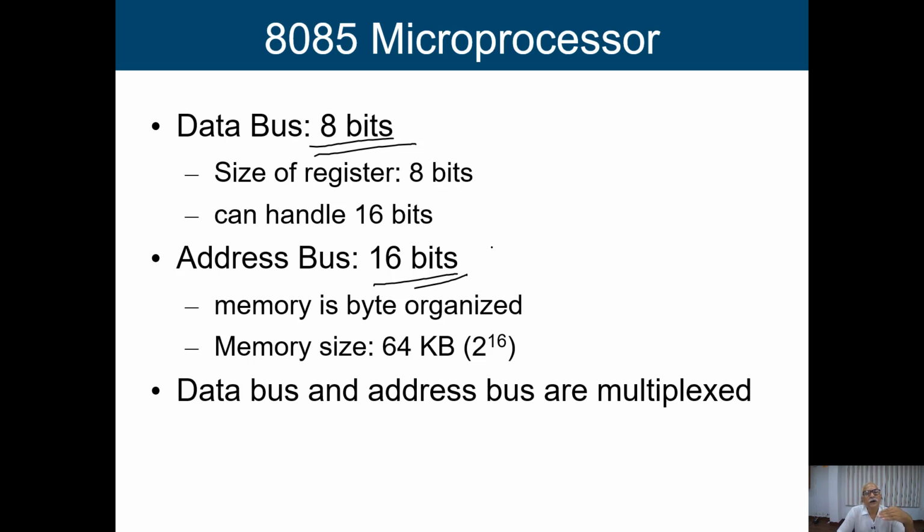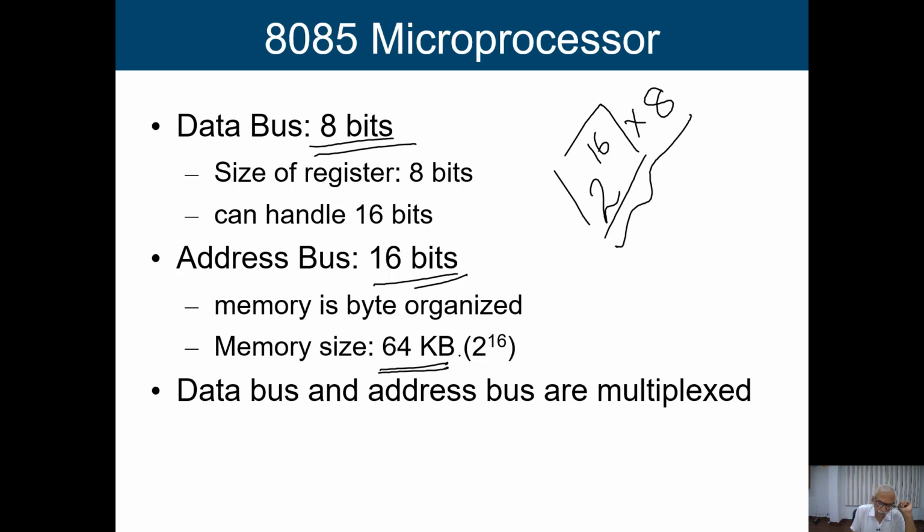So what is the memory location that we can address with the help of a 16-bit address bus? It is 2 to the power 16. So this is the number of memory locations that we can connect to this particular processor, and in every memory location we are going to store 8 bits of information. So this is the total memory size, and it turns out to be 64 kilobytes. That means 64K memory locations, and every memory location holds 8 bits, or 1 byte, of information.